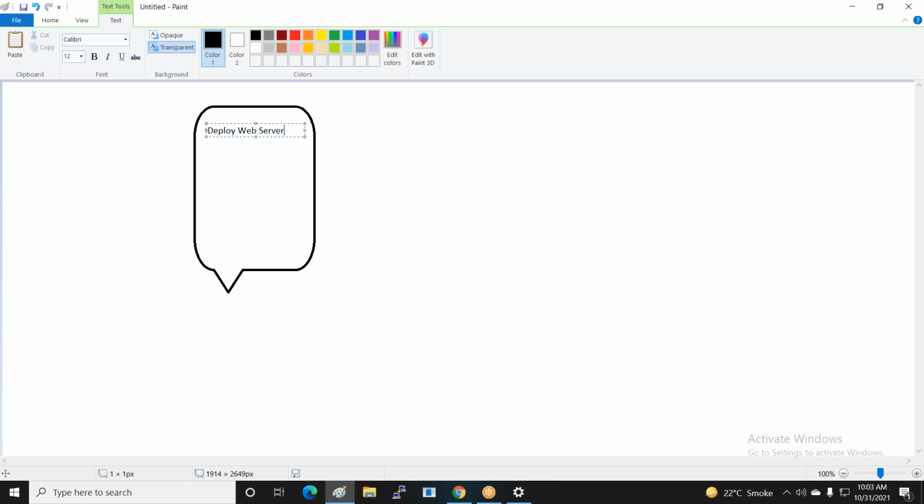Deploy web server. So when you deploy the web server, you require some important key features. First, you can select the region. You can deploy the server in which region. Second, you can deploy in a zone. You use which types of network, that calls VNet. You use which types of security, like a network security group.